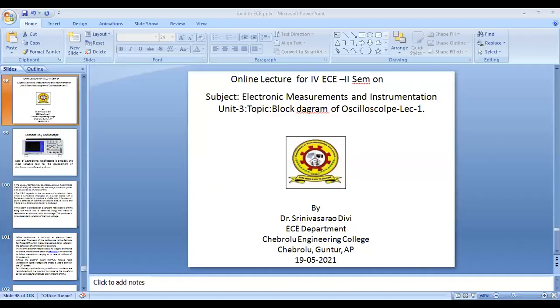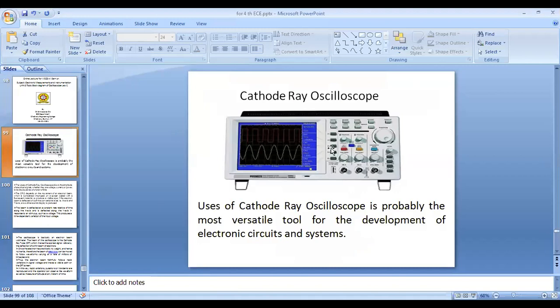Oscilloscope. We can call it a CRO, cathode ray oscilloscope. So what is the CRO? What is the main functionality of the CRO? Why is it used in electronic